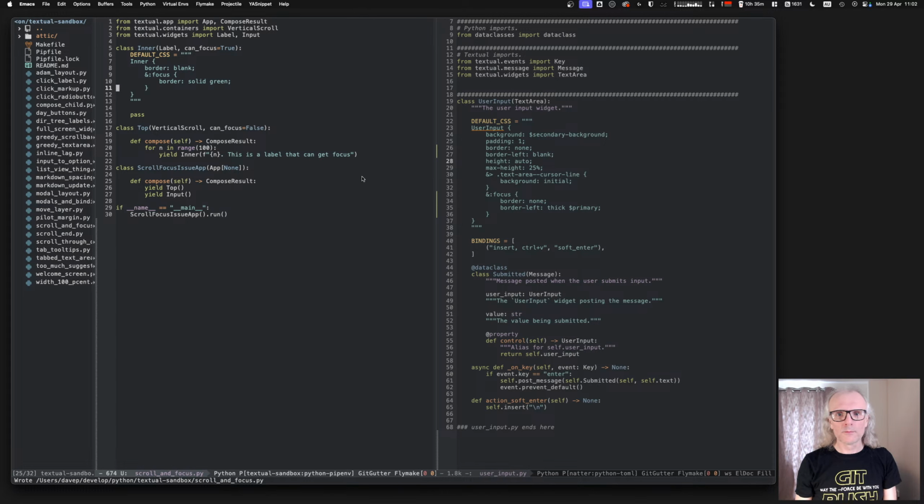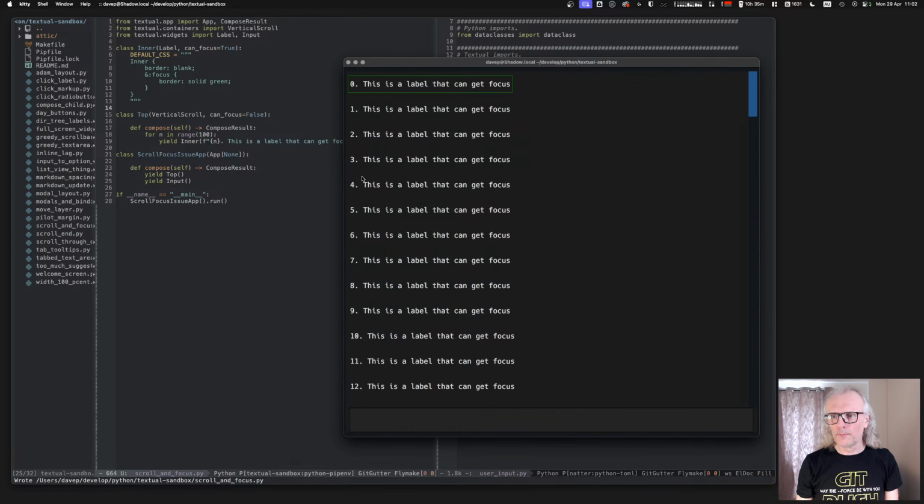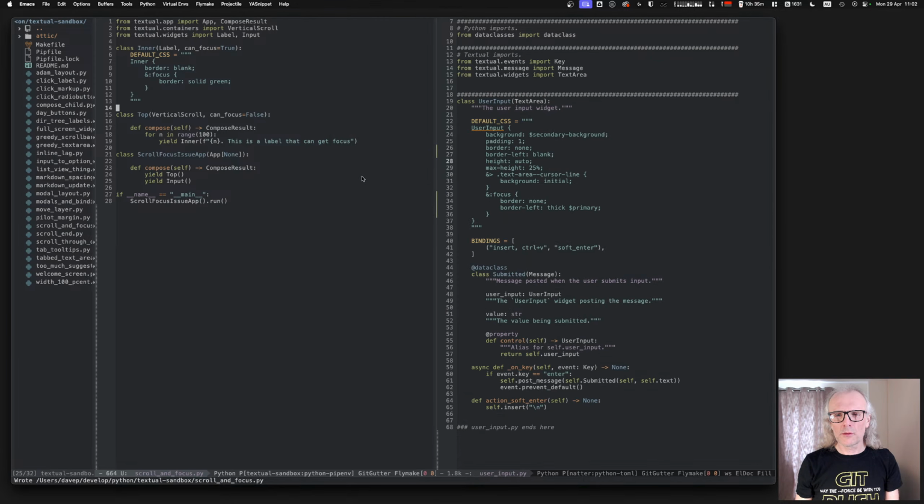Excuse me. Don't need that anymore. Right, that's fine. So I then, as the final act, need to go autofocus equals, start off with the input.